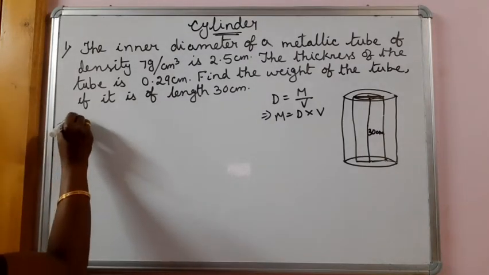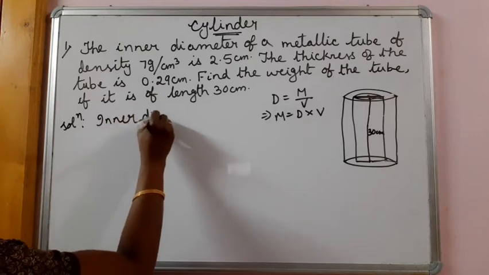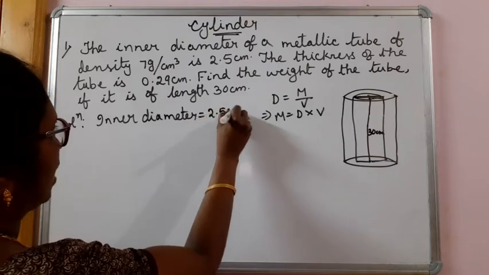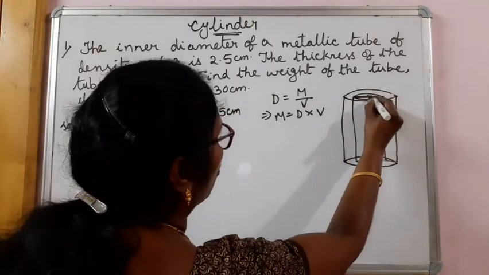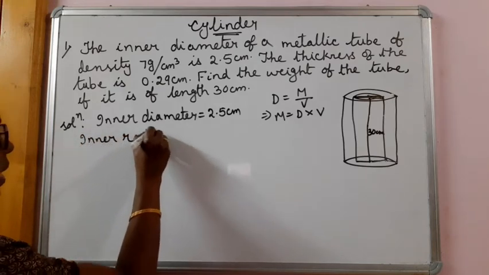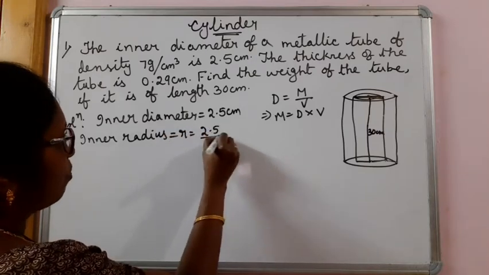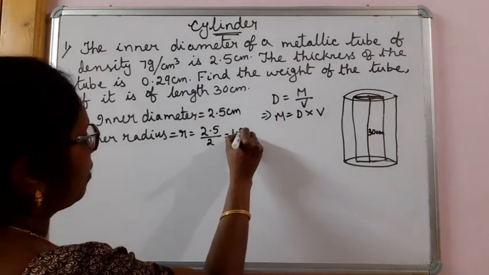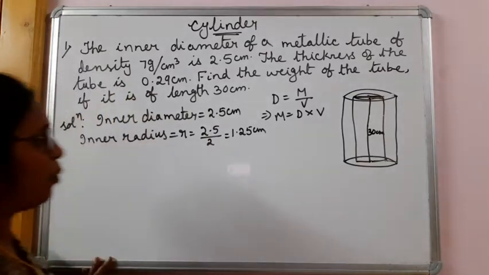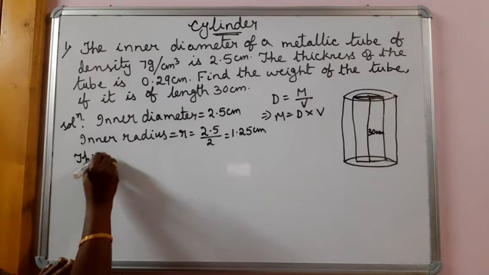So your solution is: what is given to us? Inner diameter of the tube is given to us. Inner diameter is equal to 2.5 cm. If inner diameter is 2.5 cm, inner radius is smaller, let me take 2.5 by 2. That gives you 1.25 cm as the inner radius of the tube. And thickness of the tube is given to us. Thickness of the tube is